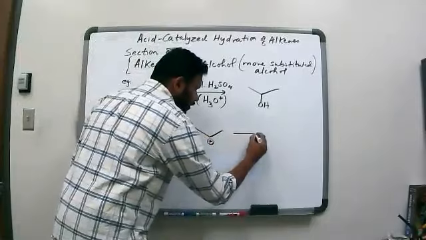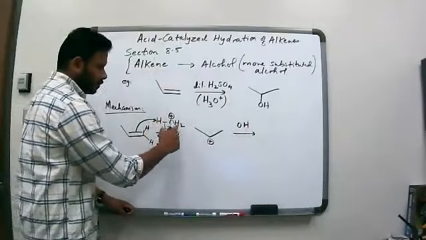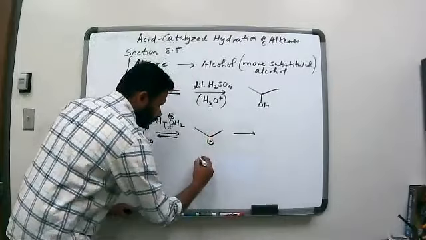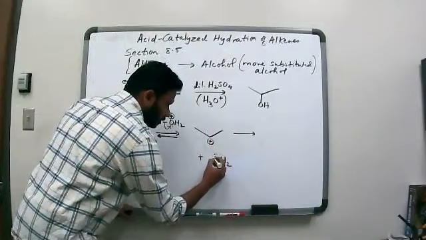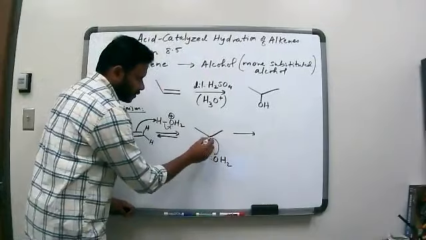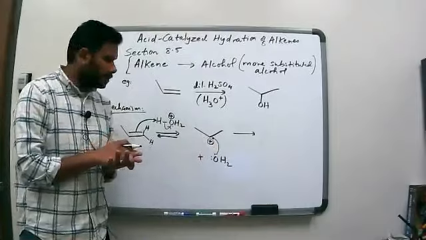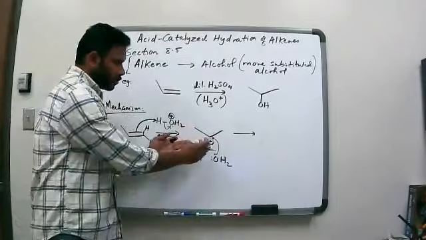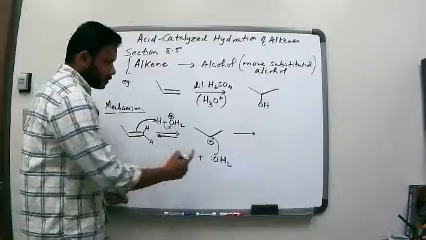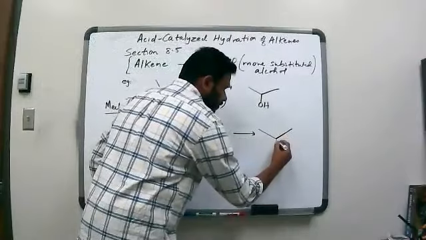After we have the carbocation, in the next step we have the water molecule. I will draw the water molecule along with it here. In the subsequent step, the water molecule goes and attacks that carbocation. Remember that carbocations are sp2 hybridized, so they are trigonal planar. That means the water molecule can attack from both faces of the carbocation. That would give us